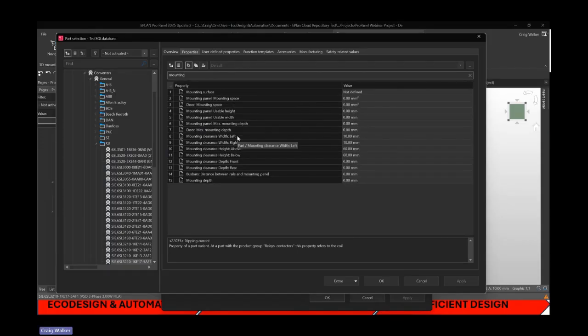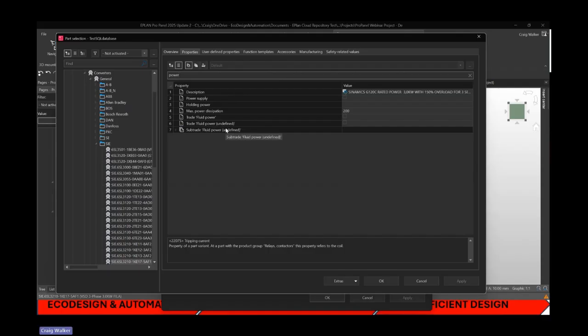And just here, you have your mounting clearances. So obviously for this one, I've already got it set up. But some devices you'll find it's not here and you'll have to find it. But once you've got it in your parts database, it carries forward with the part every time you reuse that part as well. Another thing we want to look at is for the thermal calculations, your part data will need